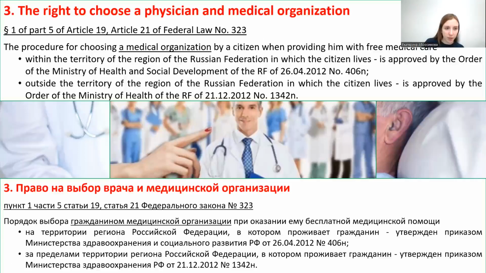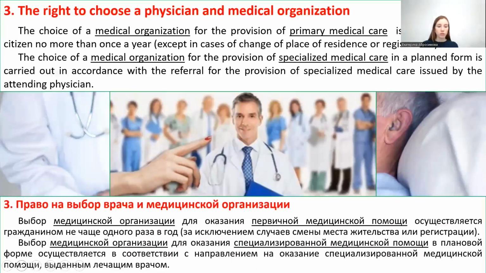To receive primary medical care, a citizen chooses a medical organization no more than once a year, except in cases of change of place of residence or registration of the citizen. To choose a medical organization providing medical care, a citizen personally or through his representative applies to the medical organization he has chosen